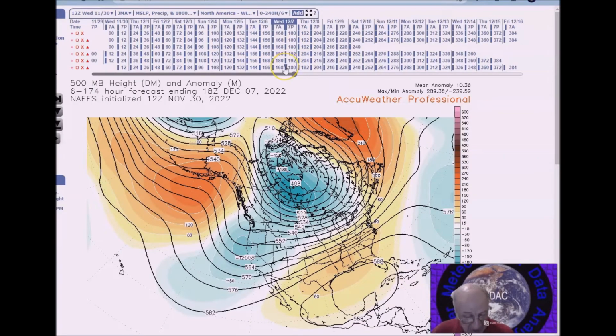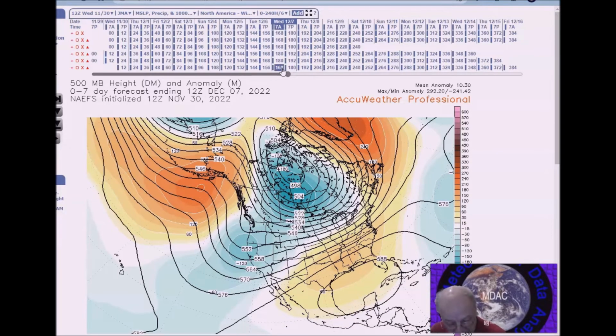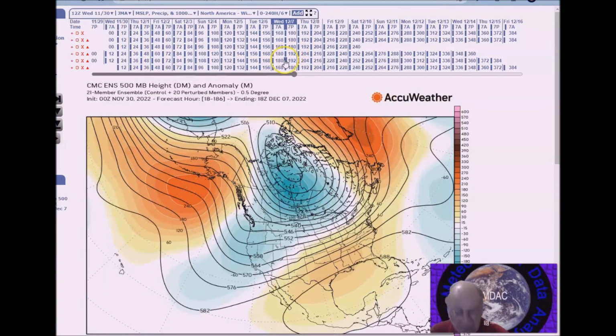This is how the pattern is forecast to look. The flow will result in below normal temperatures for most of the west and the northern plains, with rain and mountain snows affecting some parts of the west. Portions of the Great Basin, the southern states and the east coast will experience above normal temperatures. There's a mistake here, it's supposed to be above normal temperatures instead of below. If you see it on the website, I'll try to fix that. All right, so that's what the forecasts look like.